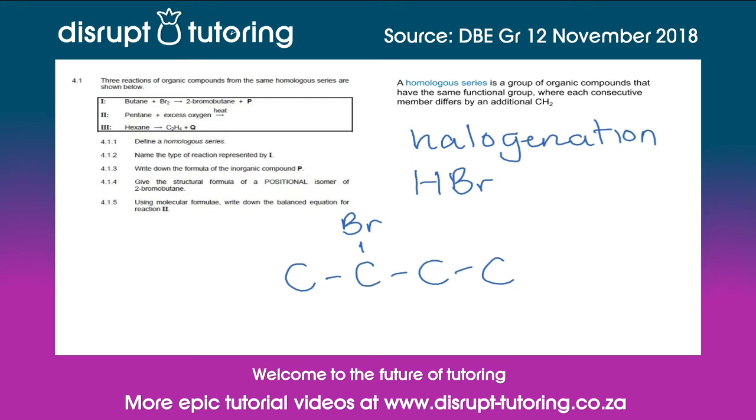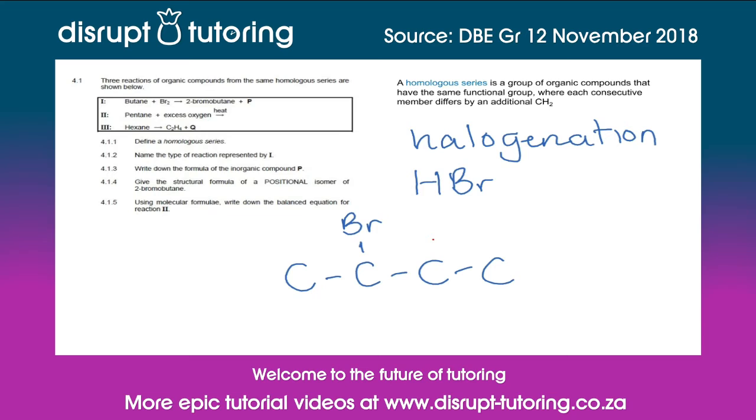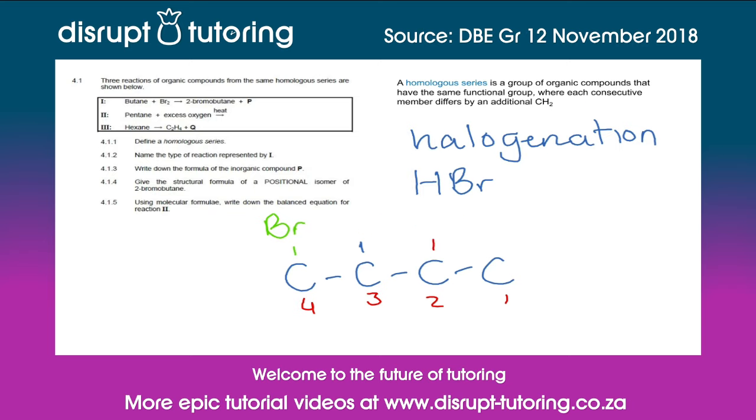Now, if we want an isomer of this, then we can't move it to the third carbon in the chain, because if we move it here, then we will just renumber the carbons 1, 2, 3, 4, and we will once again have 2-bromobutane. So the only isomer then is formed when the bromine atom is moved to the carbon at the end of the chain, and then